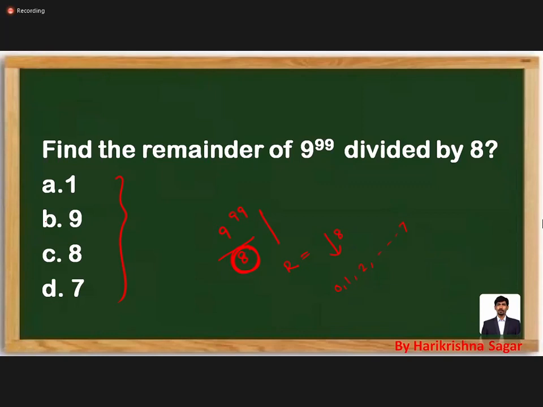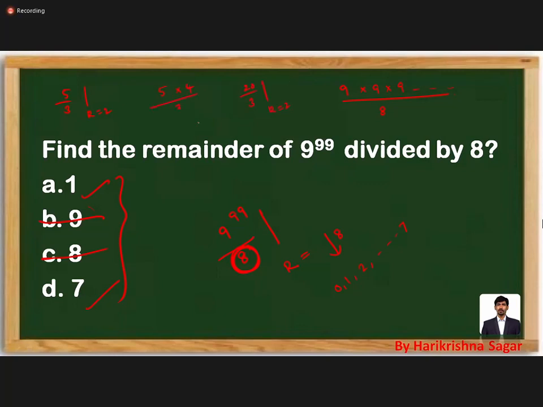So to get the exact value here, you are dividing with 8, 99 times. Whenever you are dealing with the remainder theorem, remember, if you have something like 5 by 3, what is the remainder? We can say the answer is 2. For example, if the question is 20 by 3, what's the remainder? 3 sixes are 18, remainder is 2.